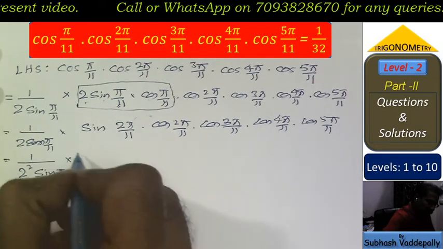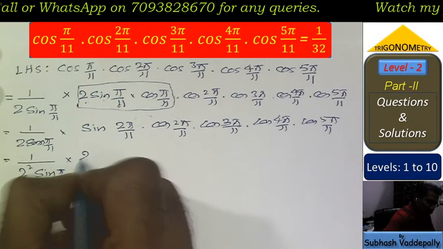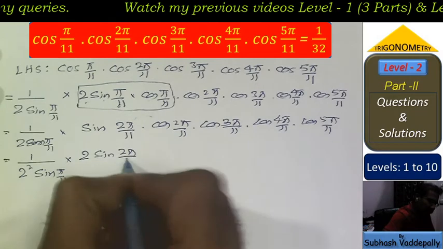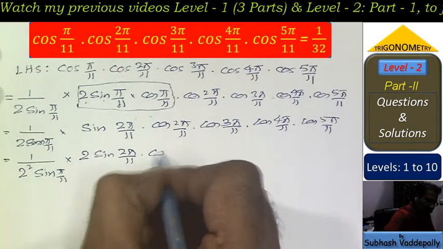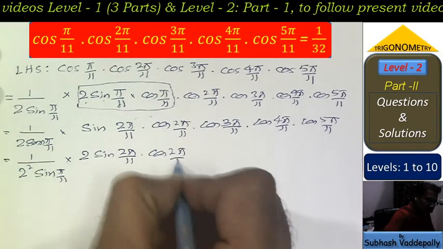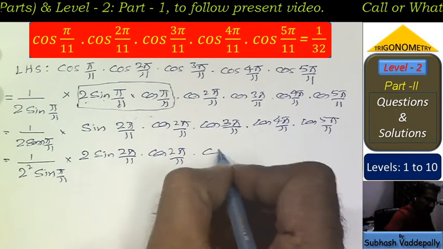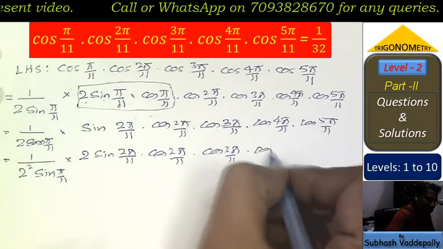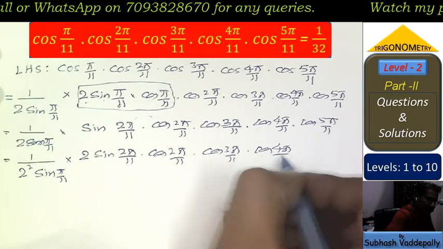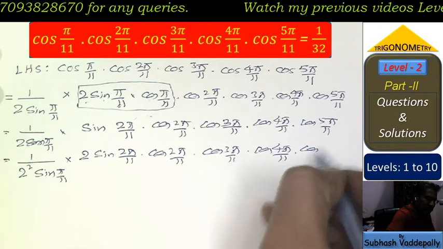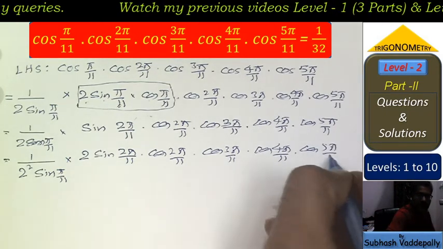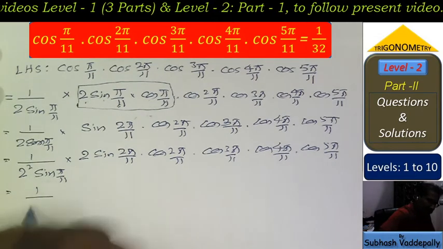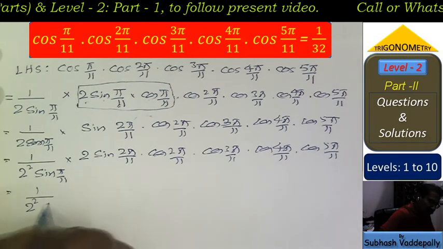into, here I divided, now multiplying by 2. It is 2 sine 2 pi by 11 cos 2 pi by 11 into cos 3 pi by 11, cos 4 pi by 11, cos 5 pi by 11, right? So here I write this as it is, 2 square sine pi by 11,